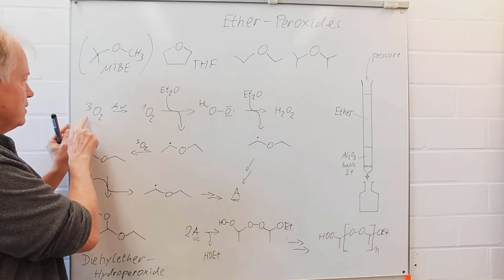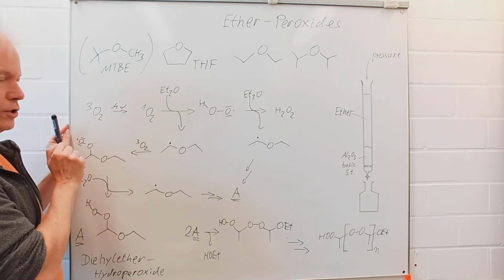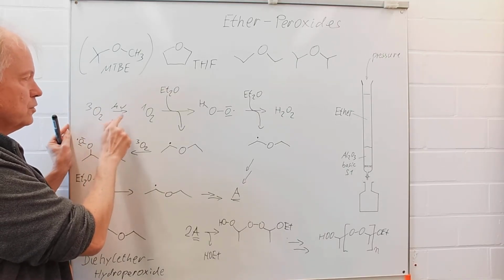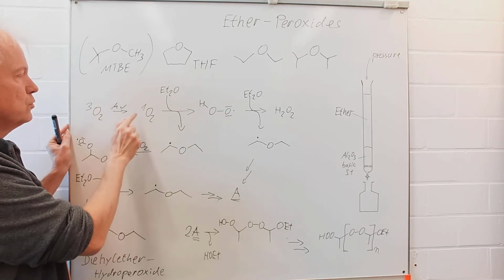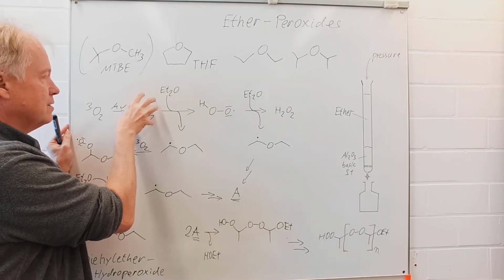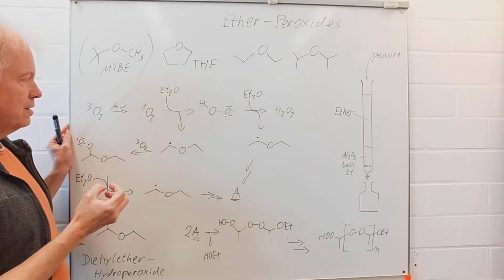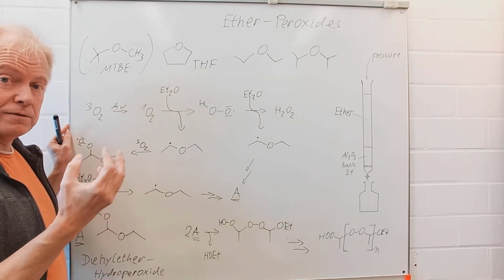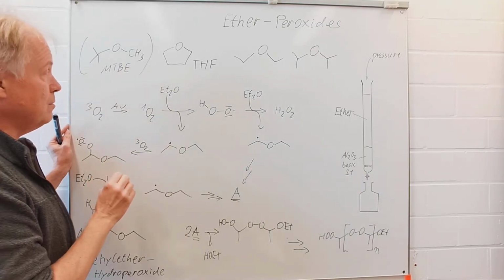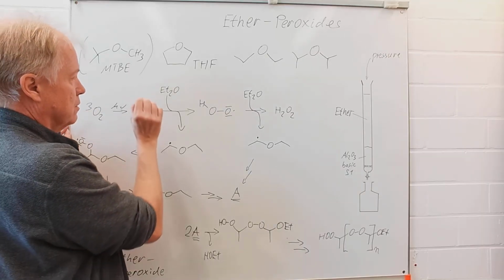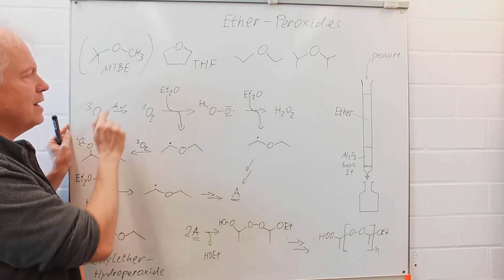In that case, triplet oxygen is transformed by photochemical irradiation to singlet oxygen, which is far more reactive on a higher energy level and is able to abstract a radical hydrogen from diethyl ether,